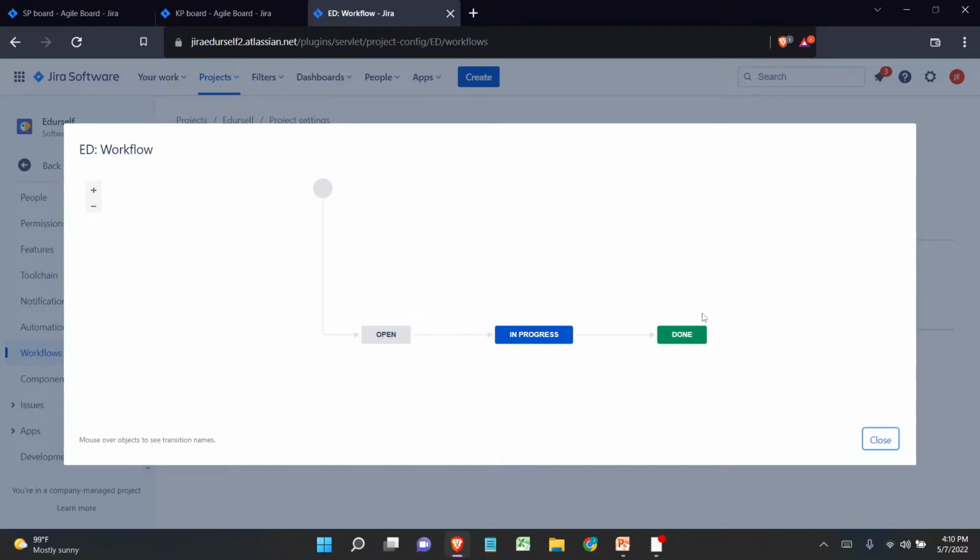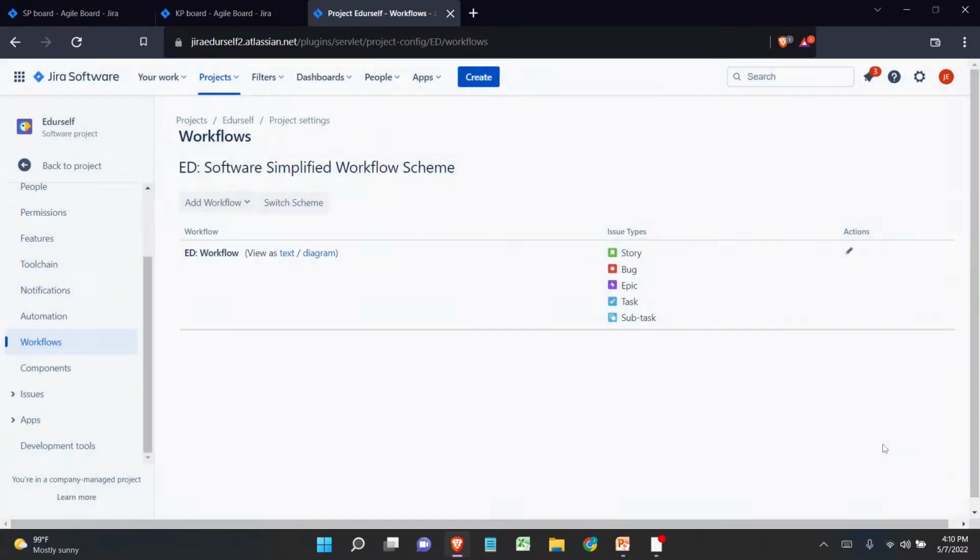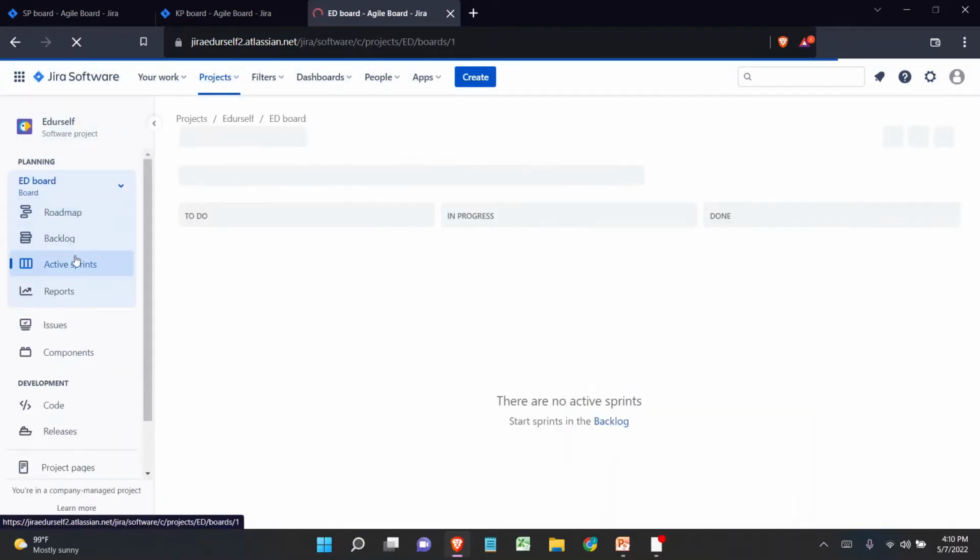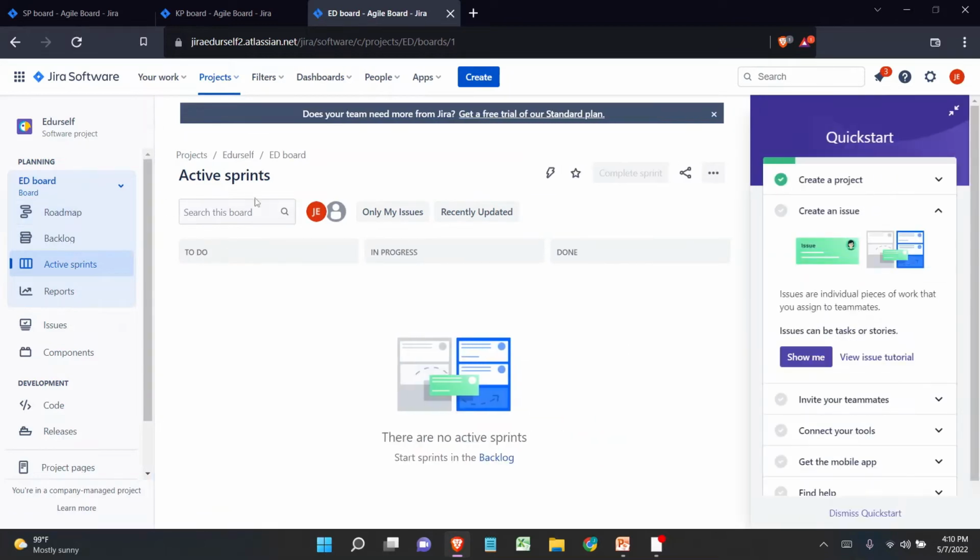In progress and done are some similar statuses that we know, right? Let me click on close. Let me go back to the project. And on the active sprint, I can see there are 3 different columns: to do, in progress and done. So the open status will be mapped to to do. The in progress status will be, as usual, mapped to in progress, and the done status will be mapped to